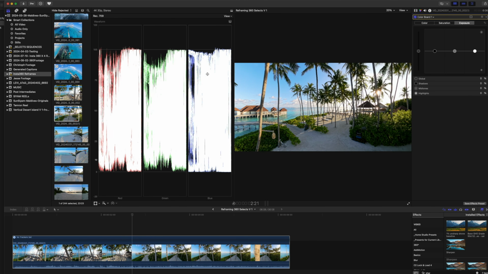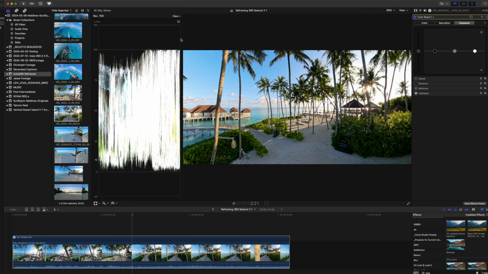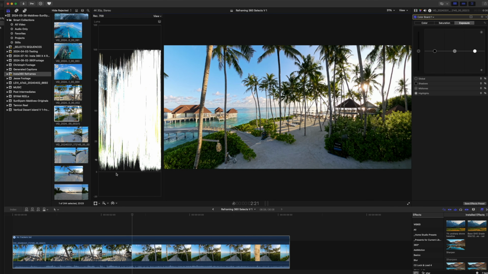Let's get some scopes up here so we can see our black point at the bottom where it's clipping and the highlight clipping point. I use the color board primarily for exposure adjustment. So you can change the whole shot here and then pull around the shadows and the highlights. So typically I'll do some amount of exposure adjustments to a shot